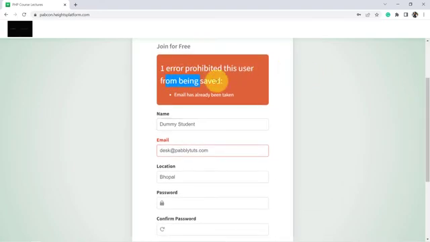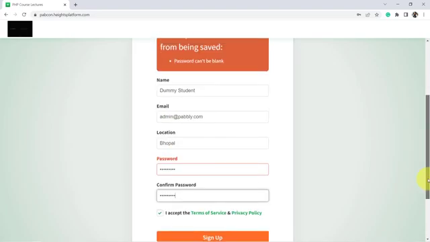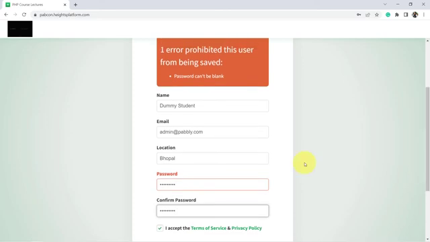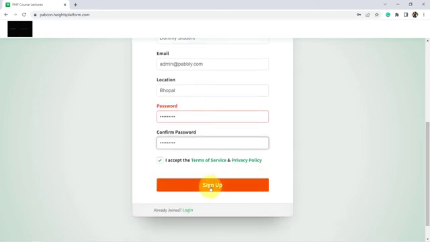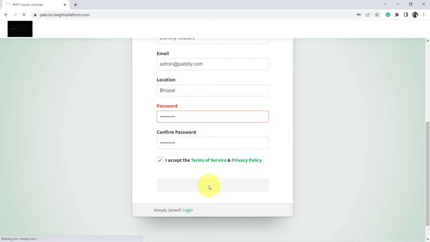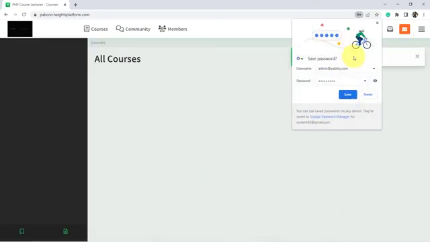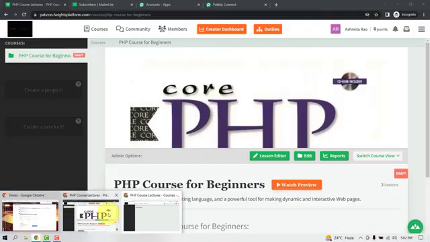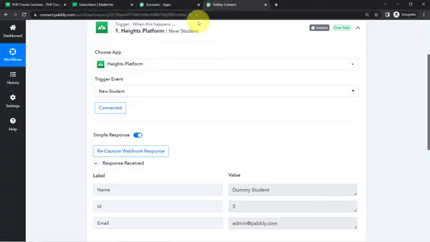Well, this user from being saved, email has already been taken. So how about I add a completely different email? So this time I am signing up as a student with a completely different email address. Let us again click on sign up, and this time I'm expecting to sign up, and here you can see I have signed up. So come back to Pabbly Connect,